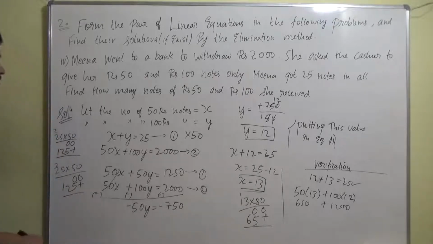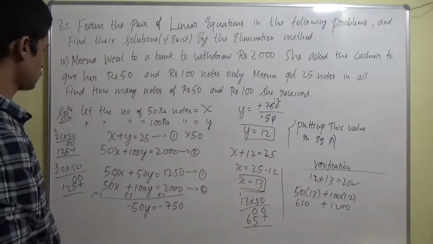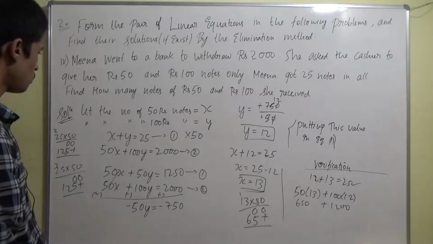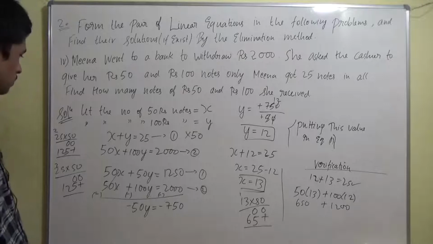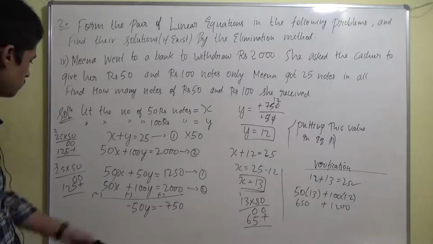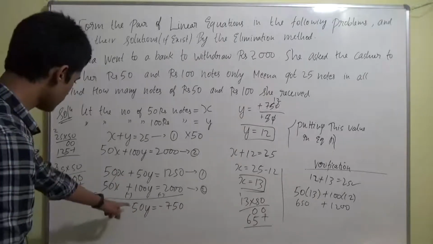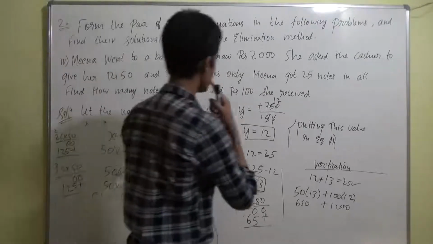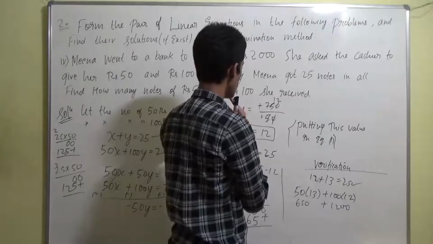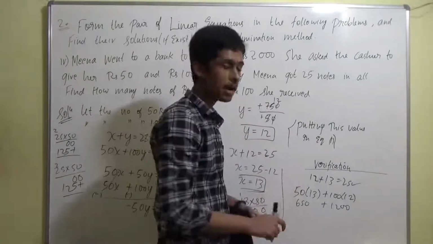It's 1250 only. Oh, no, it's correct only. 1250, 50. Just a minute, guys. We did minus, okay, and got like this. 5 into 1, 2 is left out, 5. Okay, guys, the value of